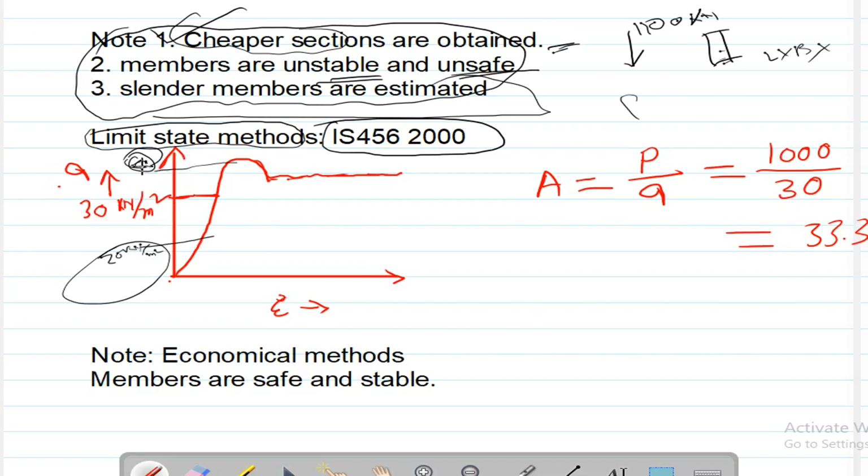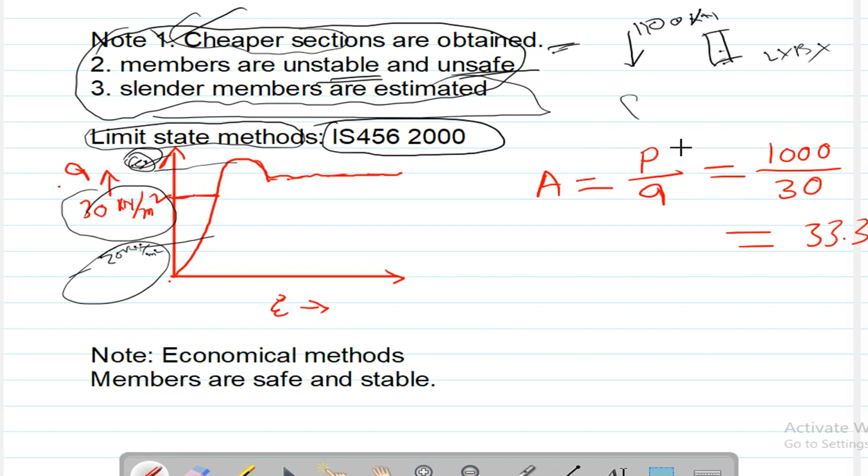between working stress and ultimate load method. We take a value between the stress taken in the working stress method and the ultimate load method. On what basis we take it, we will discuss in the next class. For the time being, just remember that in limit stress method we are taking the stress value in between working stress method and ultimate load method. So if sigma is 30 kilonewton per meter square,